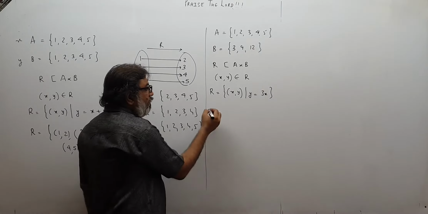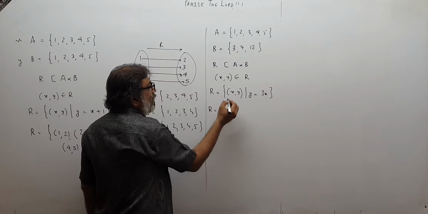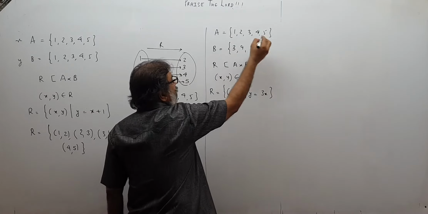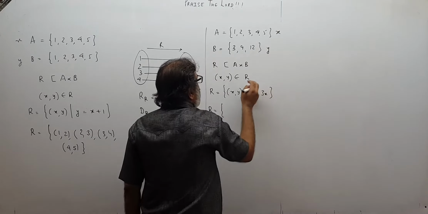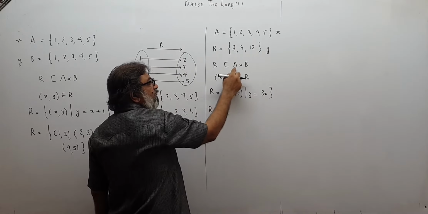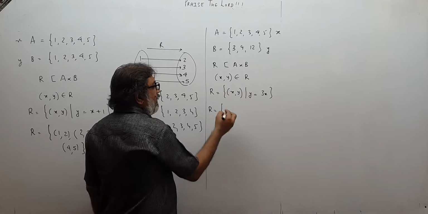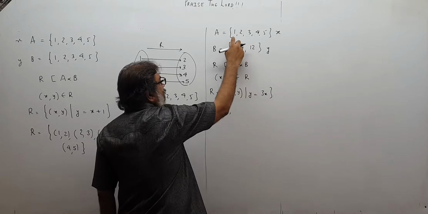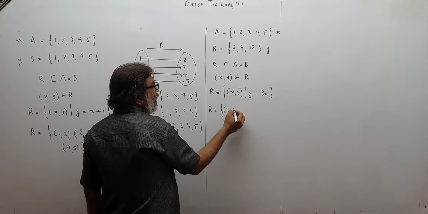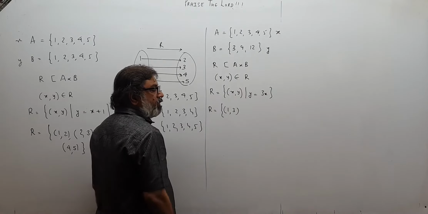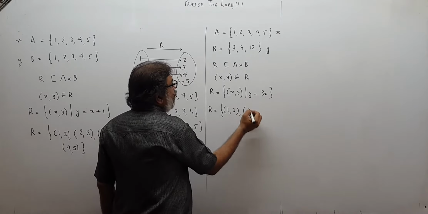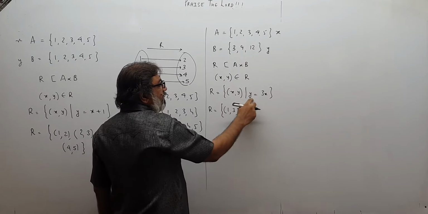So let us check what can be the elements of R. First I have to take x from here. This will contain x and from here y, because (x, y) belongs to R, x from A, y from B. If I take x as 1, what will be y? y will be 3. Can I take y as 3? Yes, I can take. If I take x as 2, the next element, then y will be 3 into 2,